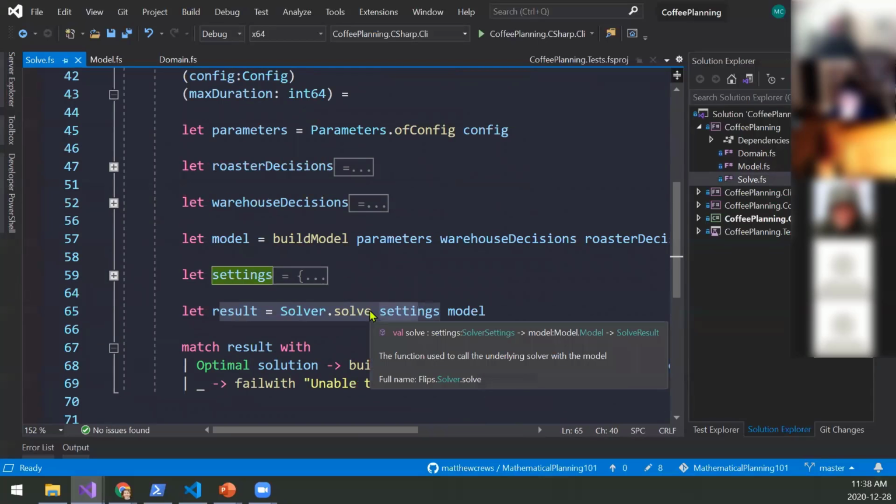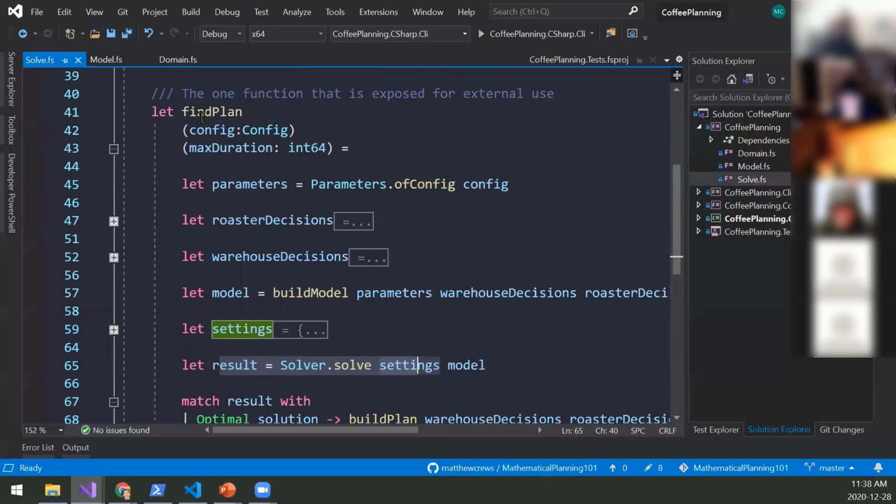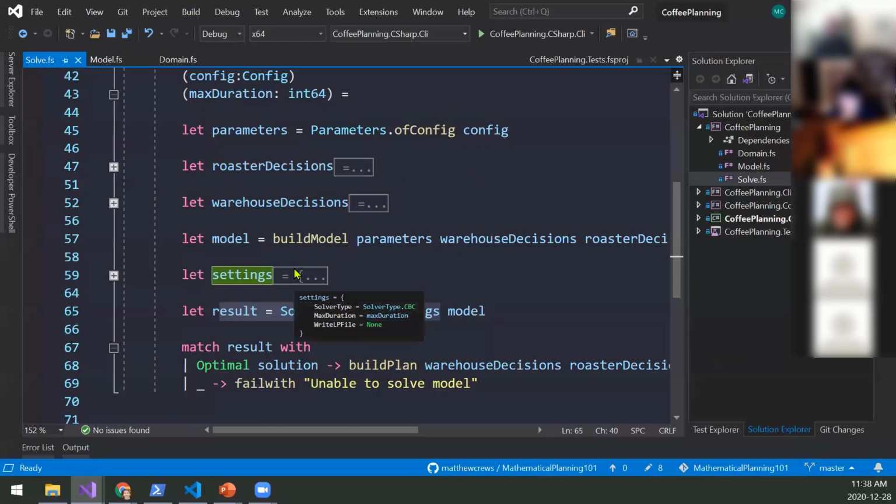So as far as what gets exposed, it's the config type, the return type, and this find plan function. That's it. Everything else is internal to the library, so it's not exposing any of that other functionality unnecessarily. So that'll typically be one project.